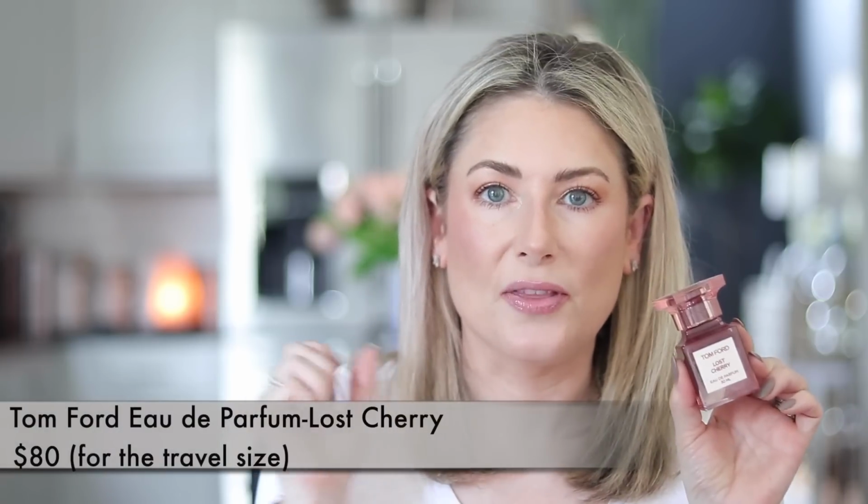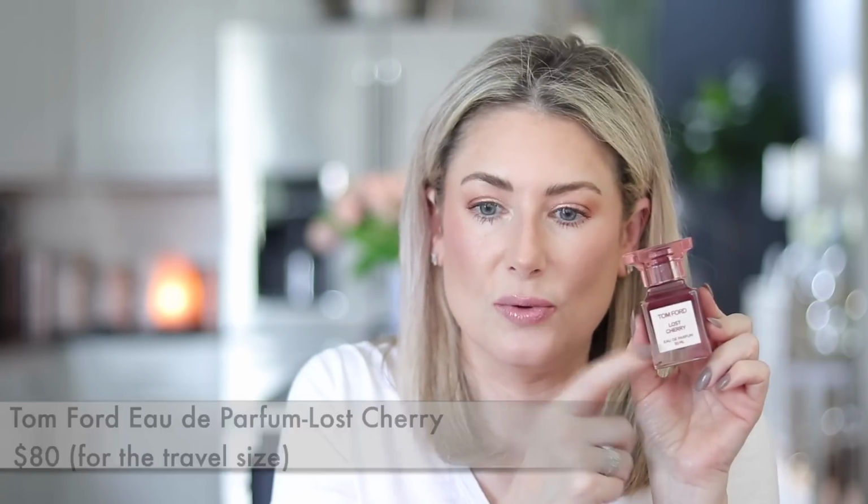And then the last thing I wanna talk about, because it's another product that I've repurchased three times. It's a scent, and it is the Tom Ford Lost Cherry. I bought the travel size once and then 2 of these bottles. It is the most unique, luscious, beautiful scent, and now that we're moving into fall, it is even more appropriate for fall because it's so warm and a little bit smoky and spicy and just outstanding, and one of the